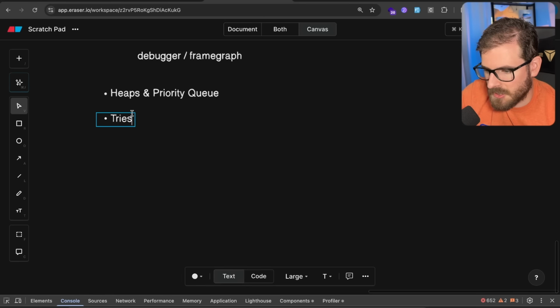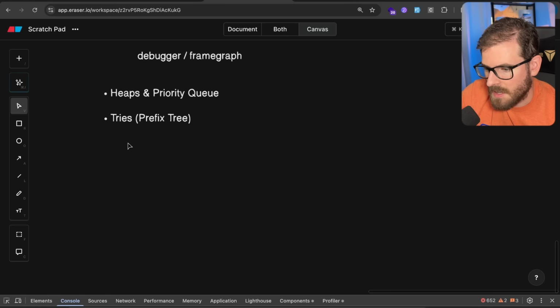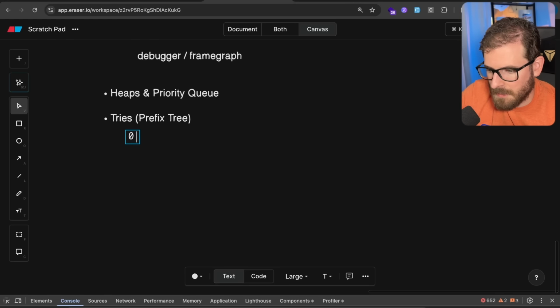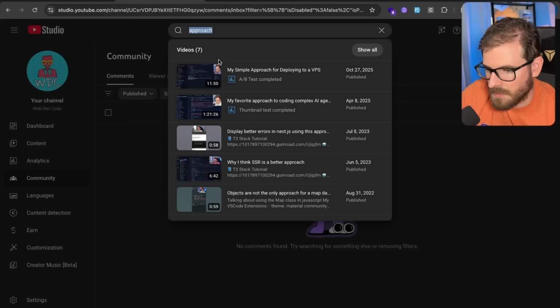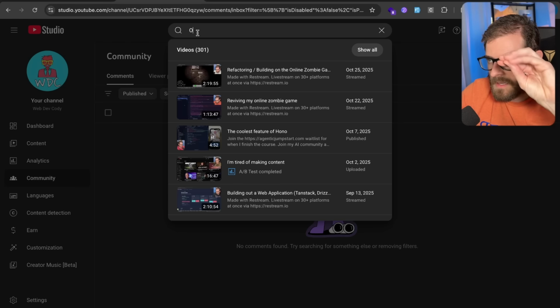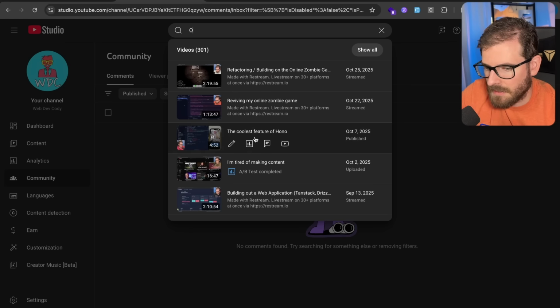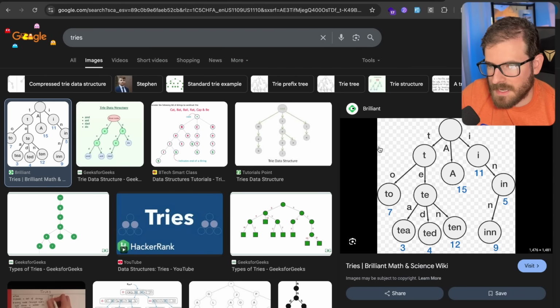Another interesting data structure is a tree. This is like a prefix tree. This is useful if you wanted to do some type of type-ahead lookup. So for example, going back to the YouTube example, let's say we had a bunch of data locally. The moment I type in O, I want it to quickly filter down and give me all the results that live under O. So if you were to look at how a tree is set up,